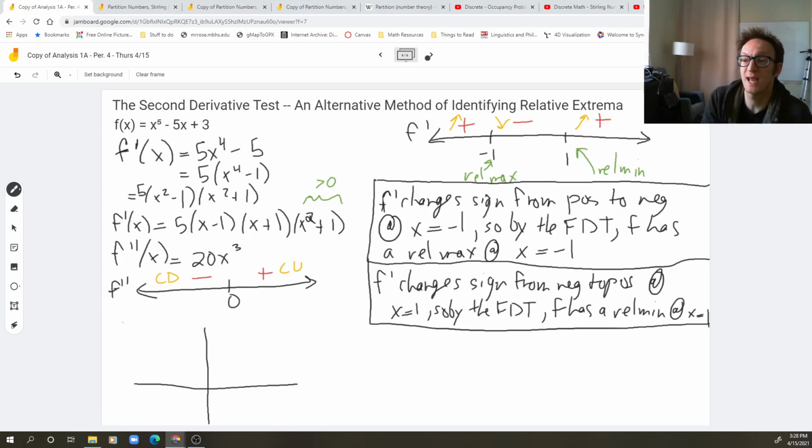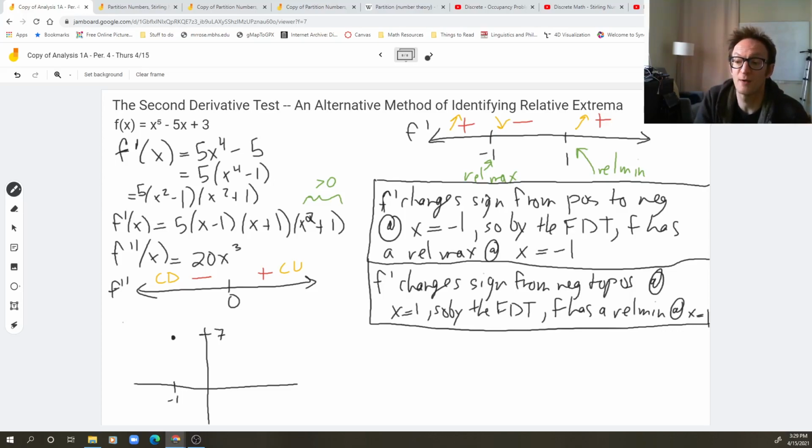Let's see. When I plug in -1, I get 7, I think, right? Because 5 and 3 is 8 minus 1 is 7. So up here at 7, and here's -1. All right. I already know, so what I'm about to do right now is, instead of performing this analysis that I did over here,